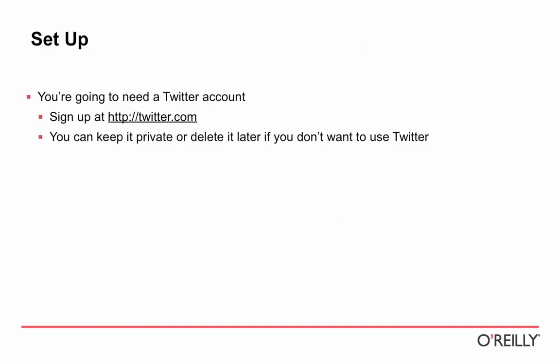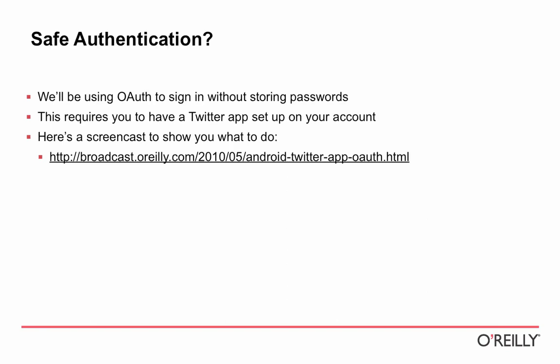So again, you'll need to set up a Twitter account. If you don't want to use Twitter, that's no big deal. Just keep yourself private. That's one of the choices you have on Twitter, and no one will be able to see your witty 140-character tweets, but you will at least have what you need to run through this class. And once you've set up on Twitter,